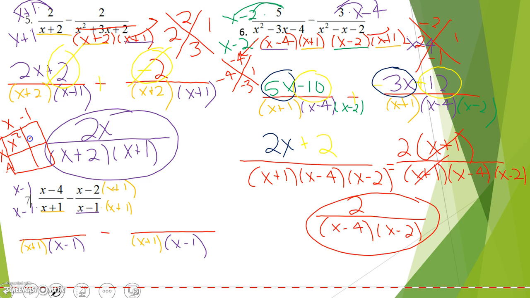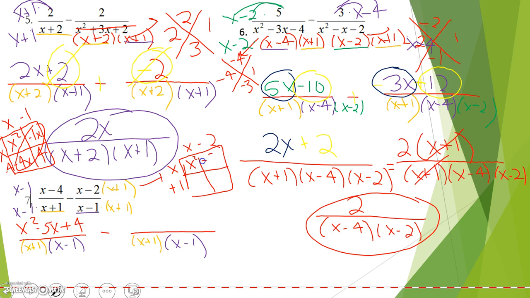So I get x squared, minus 1x, minus 4x, positive 4. So that when I add the diagonal, I'm going to write on the top x squared, that's negative 5x when I add the diagonal, plus 4. All right, off to the side, I'm going to do the same thing with these two. So x minus 2 and the x plus 1 gets me x squared, negative 2x, 1x, and negative 2. So I have x squared. When I add that diagonal there, I get negative 1x minus 2. Now, I'm going to add the negative,